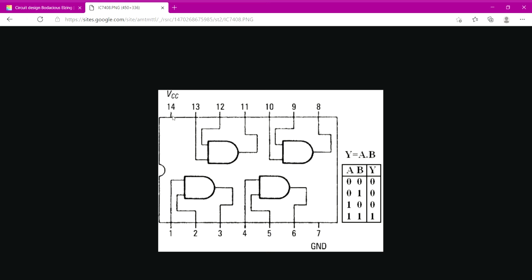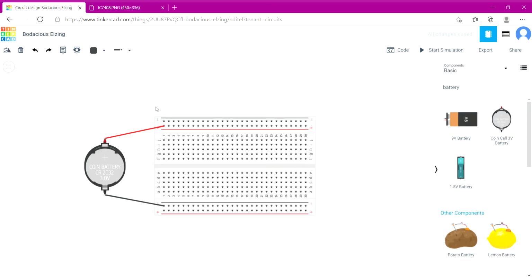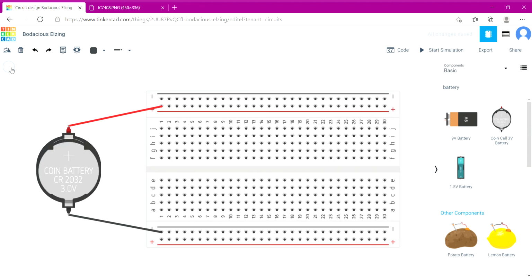Now let's implement this IC on breadboard. Till here I had already explained in the previous video. I have changed the color for better understanding. Positive is red, negative is black. Let's name it AND gate.